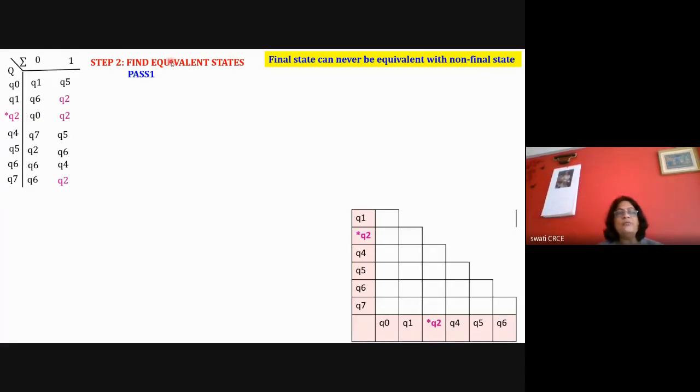In step 2 I have to find the equivalent states. First I'll redraw the transition table without Q3, and then create a square. We represent everything in the square and check for equivalence, which is why the method is called the square optimization method. You need to be careful while drawing this square. If the sequence of states and the drawing of the table is wrong, then your final answer will be wrong.